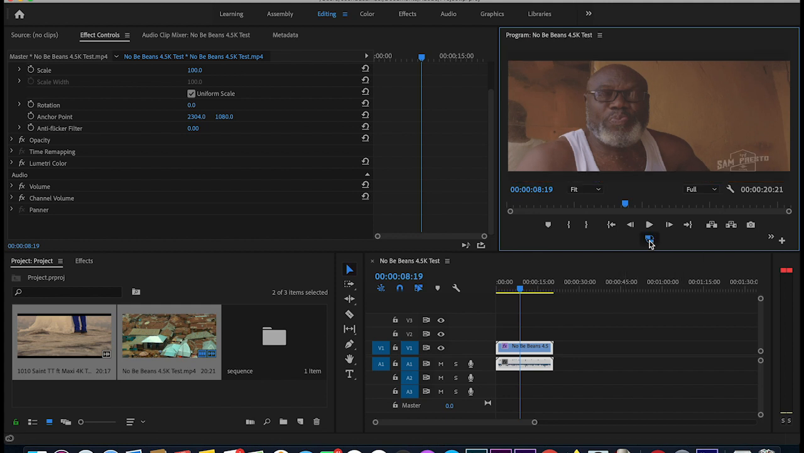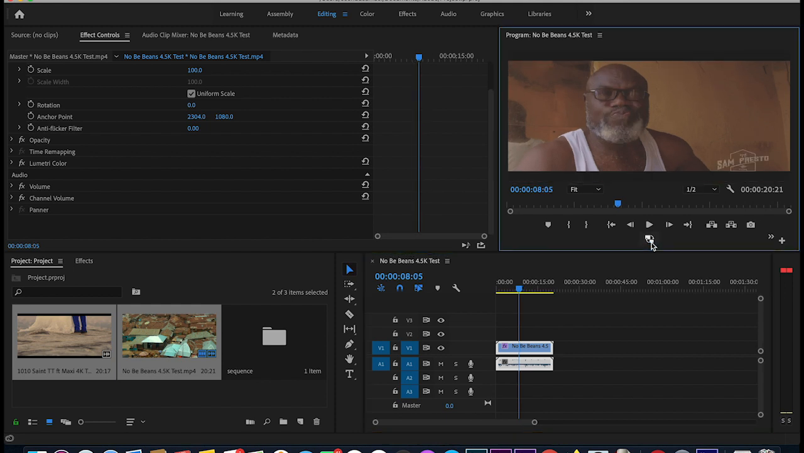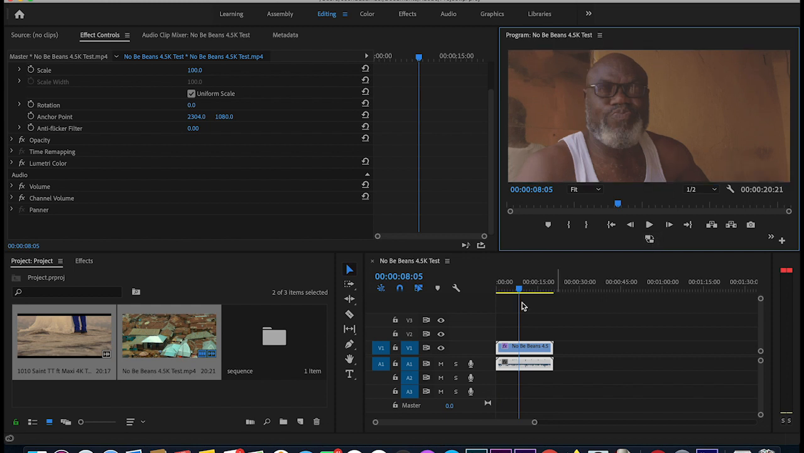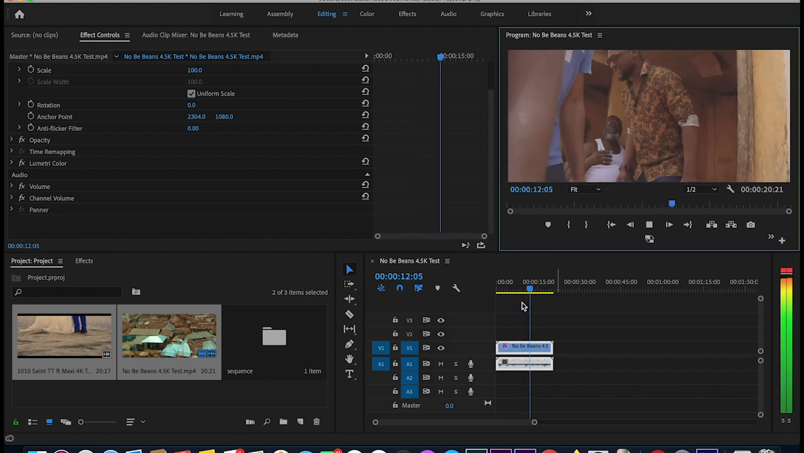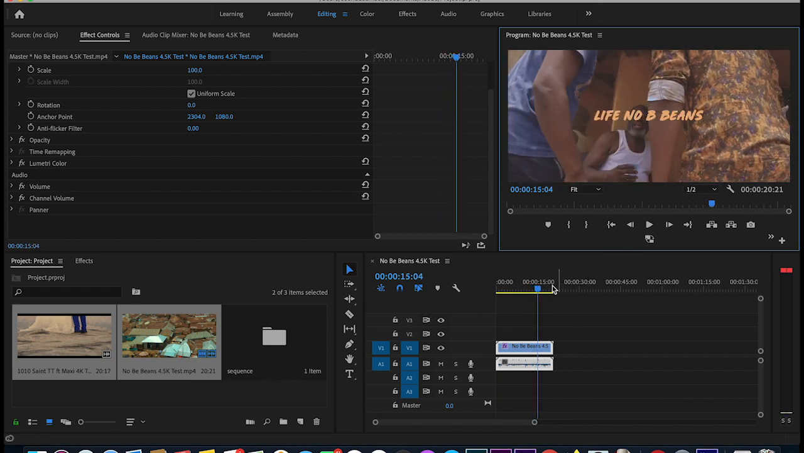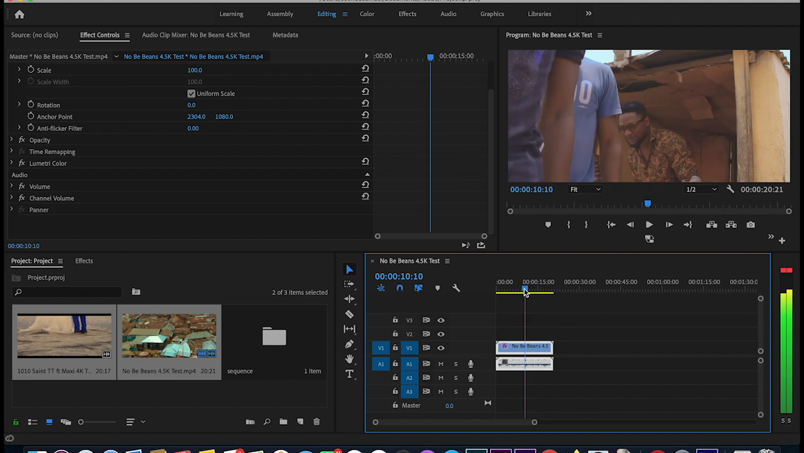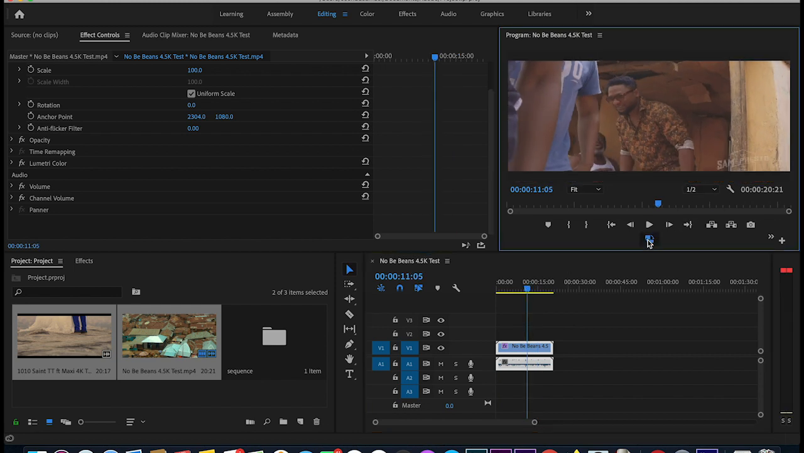If I turn it on here, this is what I get. If I turn it off, this is what I get. So this is without proxy. You could see jerking a little bit. Then this is the proxy. When I turn on the proxy,